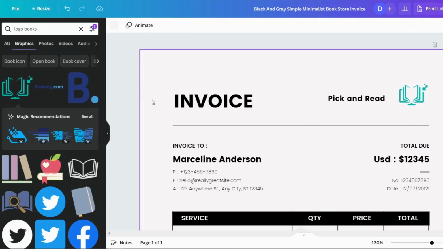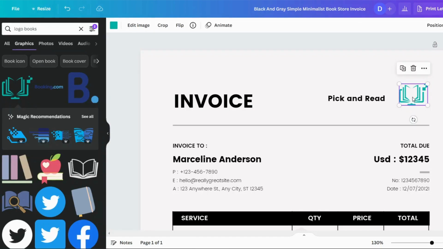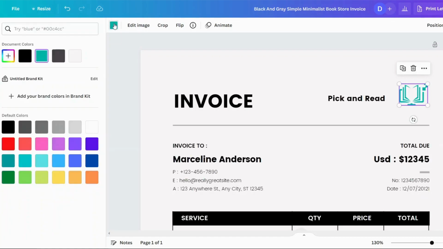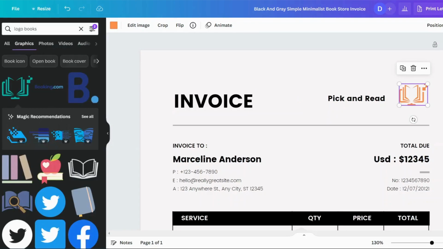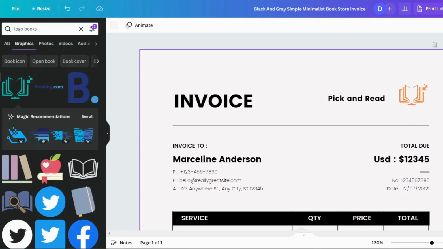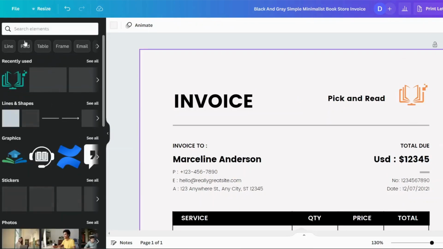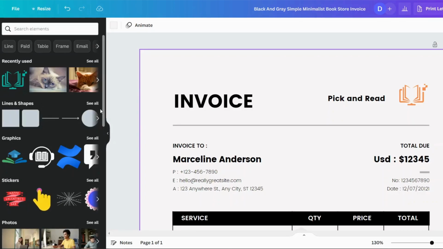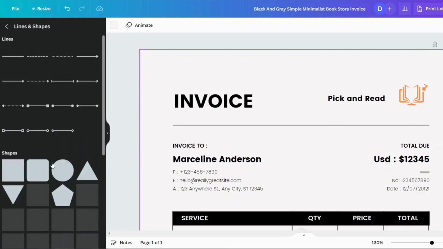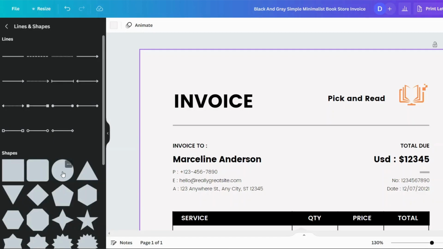Now, of course, you can always do something else as well. I'm going to combine a few features here. Let's say you do have a logo that's like this and you want it to stand out. Now this one can be edited, so let's say you want it orange, but you still think that's not going to stand out on an invoice. So what you can do is perhaps go to elements, and you look at lines and shapes. You can go to see all, and let's say you want to put this, so you just click that,